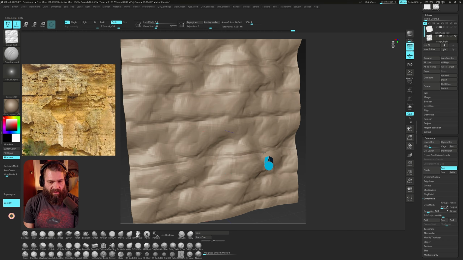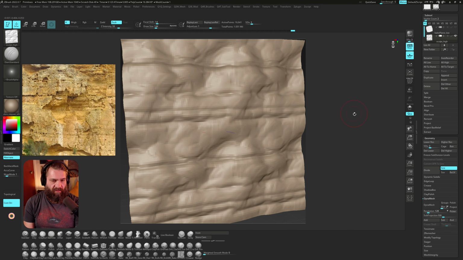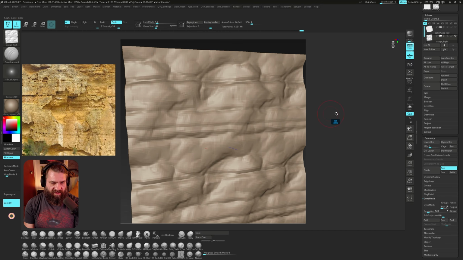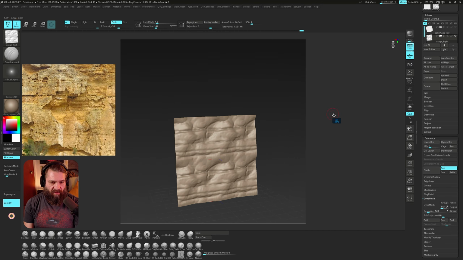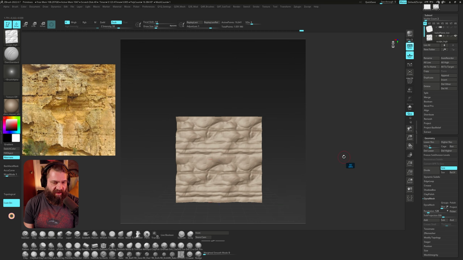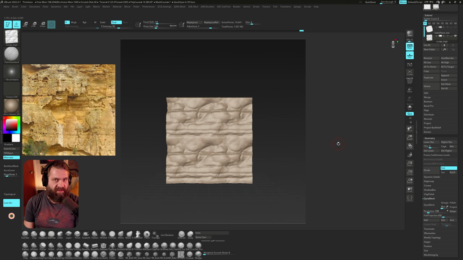And you see how not only are you working with lower resolutions, you get the shapes a lot faster to what you want. But also you're not killing yourself with detail, because you know most people are going to see your textures at this distance anyways. And if it looks good at this distance,